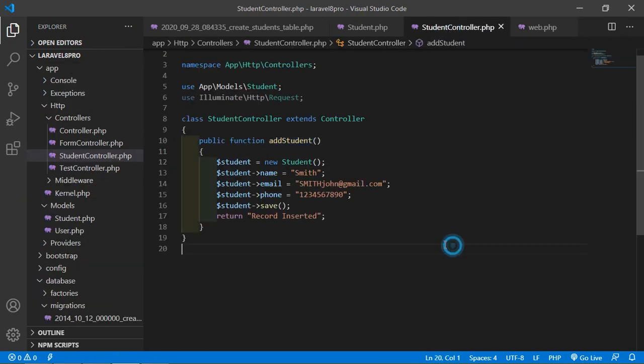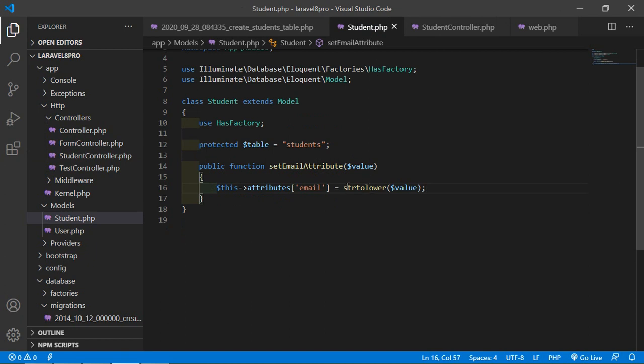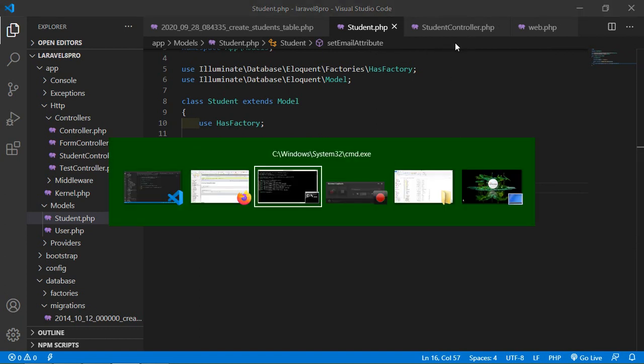Now let's insert this record into the database table. You can see here the email ID in capital letter and small letter. Because of this mutator, email ID must be converted into lowercase before inserting the record into database table. So just run the application.